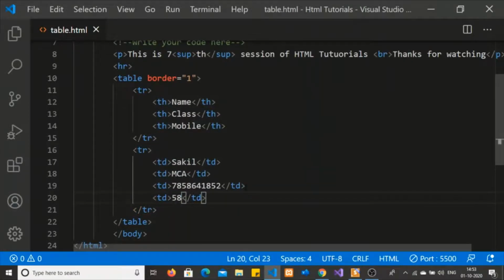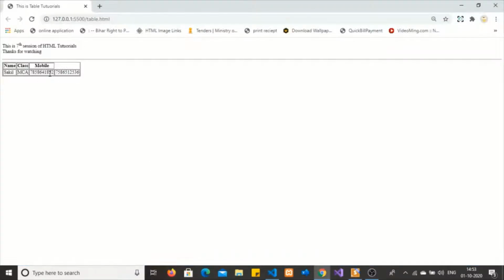Let me add one more mobile number with some value. You may see here a student can have more than one mobile number, and name is displaying in the correct place. Class is also the same, but the second mobile number doesn't have a heading.